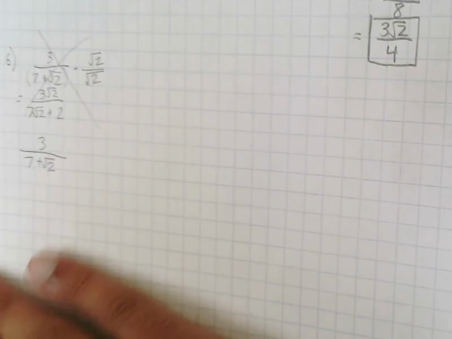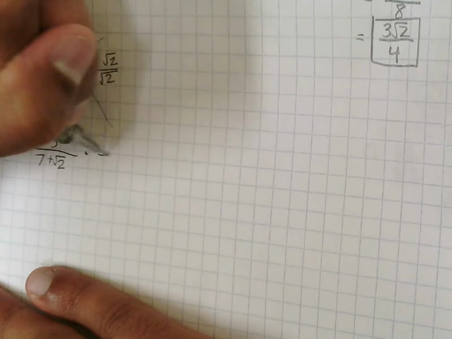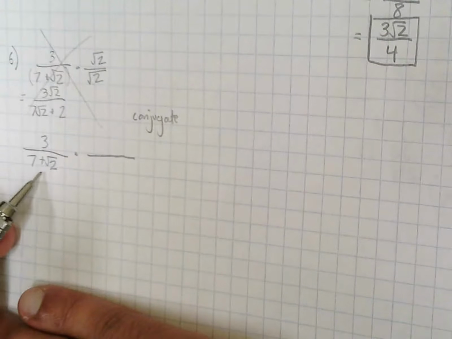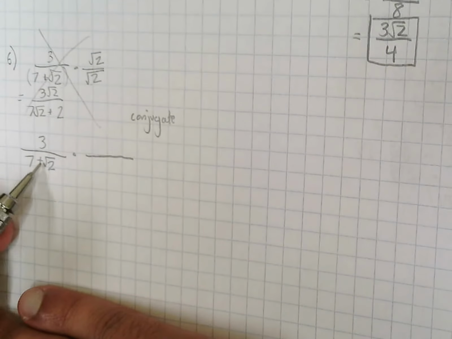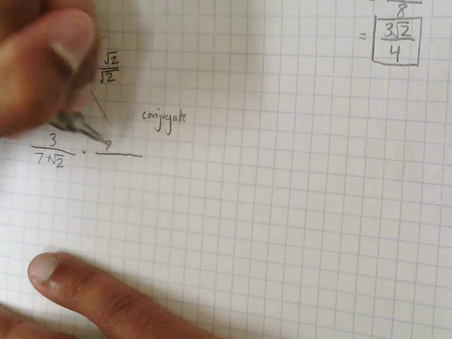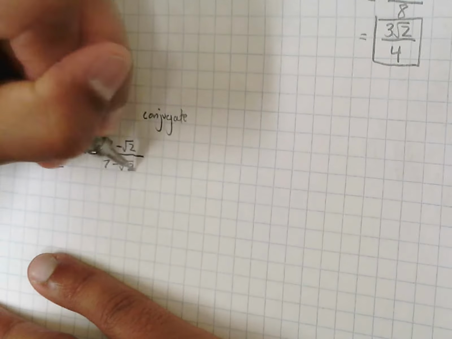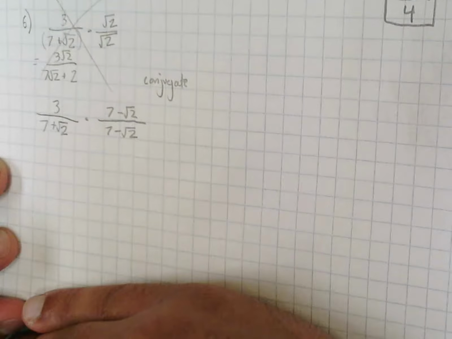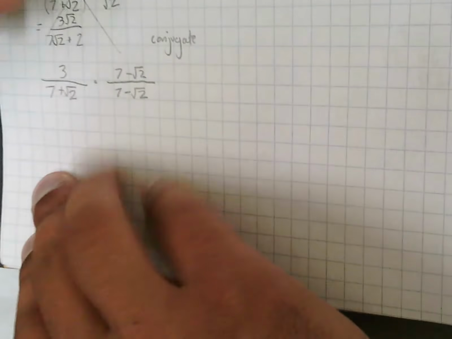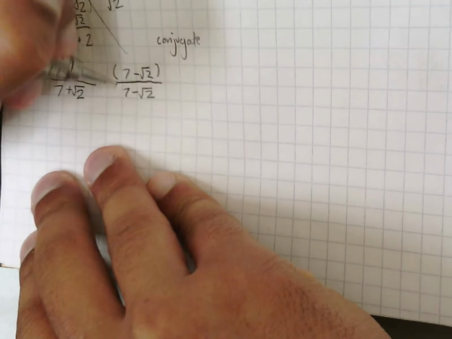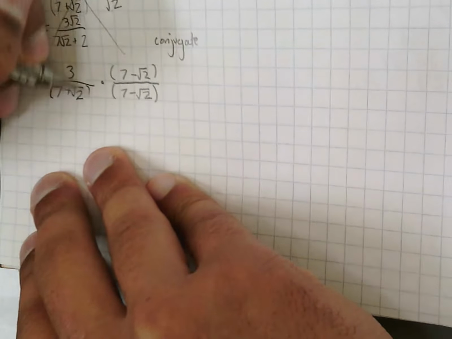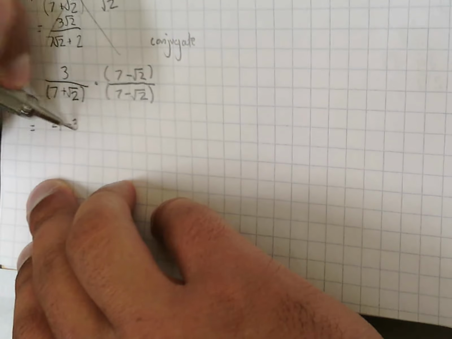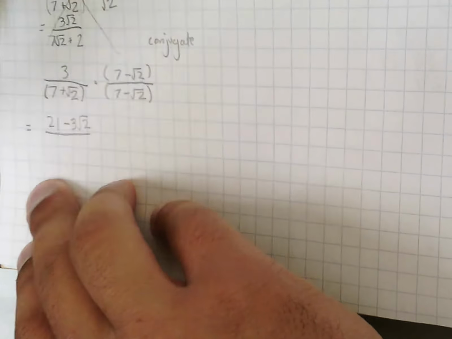What we need to do is multiply by what's called the conjugate of the denominator, which simply means we take these two terms but switch the sign in the middle. So 7 minus square root of 2 over 7 minus square root of 2. 7 minus the square root of 2 is the conjugate of 7 plus the square root of 2. Let's see what happens now when we multiply. Remember, fraction bars act like parentheses. So I need to distribute the 3, so that's 21 minus 3 root 2 over, and now I have a